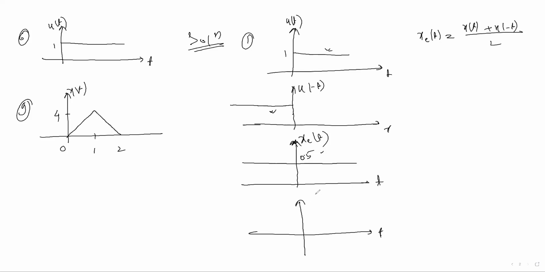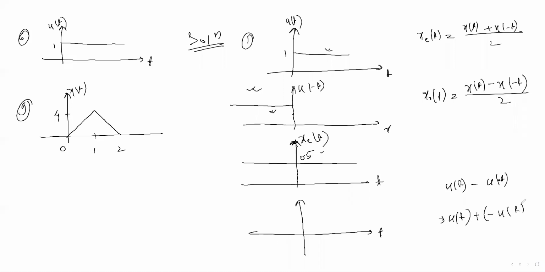Have you understood the thing? And we know that x naught t is nothing but x of t minus x of minus t. Here, this is what I have got. That is u of t I have, and u of minus t also I have. Here the minus sign is there, isn't it? To find the minus sign, you can write like this also: plus minus u of minus t.